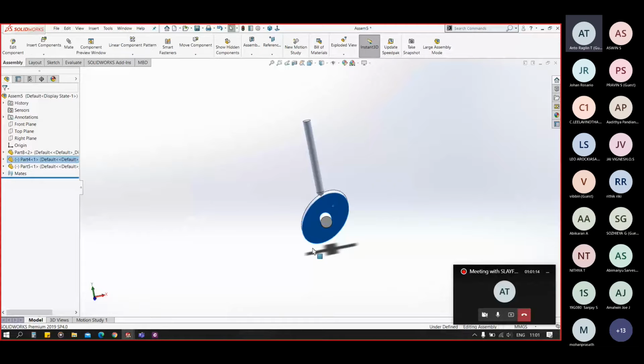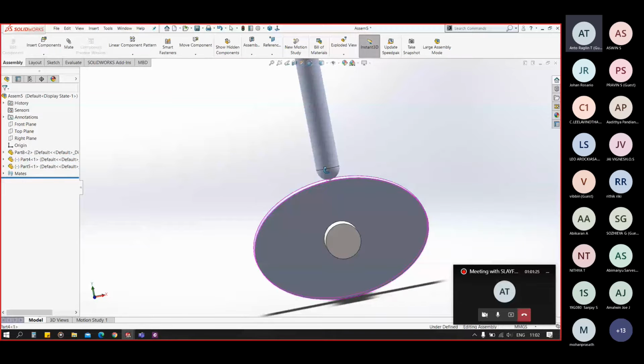Okay. Remember one thing, you must add a point if the follower surface is spherical or any type of face; there must be a point or a vertex to comply with the follower path.